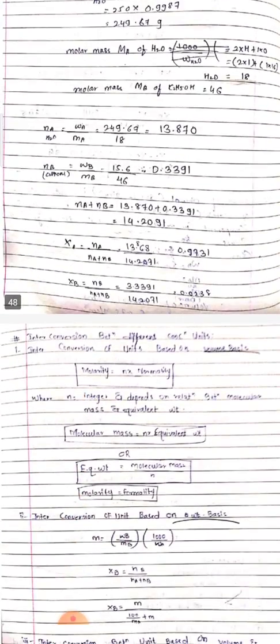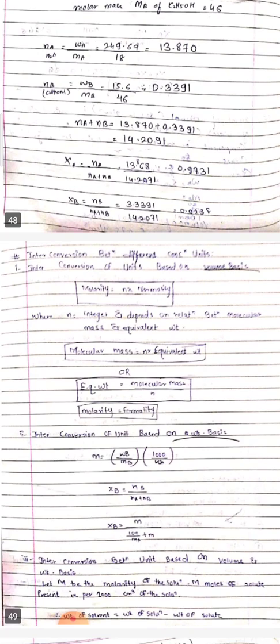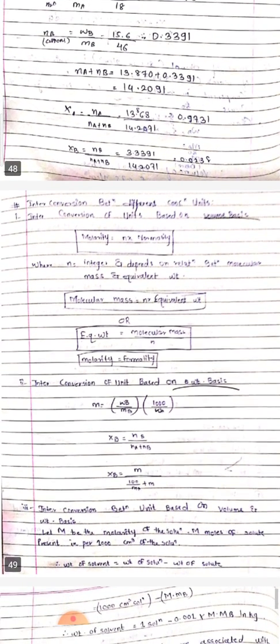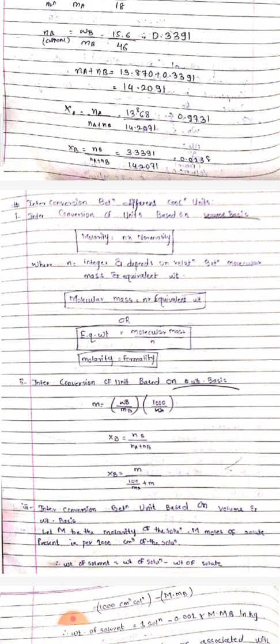You just remember interconversion of these particular units, or say concentration units. Molarity is equal to n into normality. n is the integer and depends upon the relation between the molecular mass and the equivalent weight. Molecular mass is equal to n into equivalent weight. Equivalent weight is equal to molecular mass upon n. Therefore molarity is equal to formality. Interconversion of units based on the